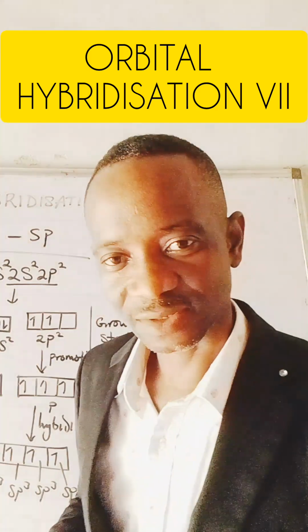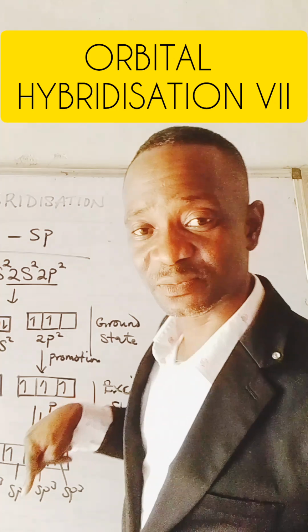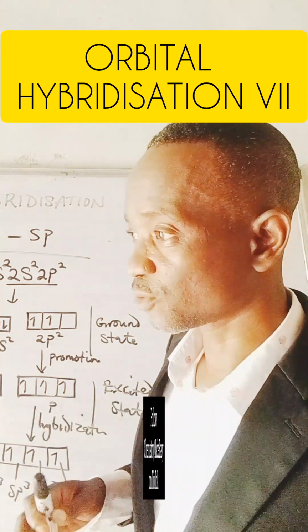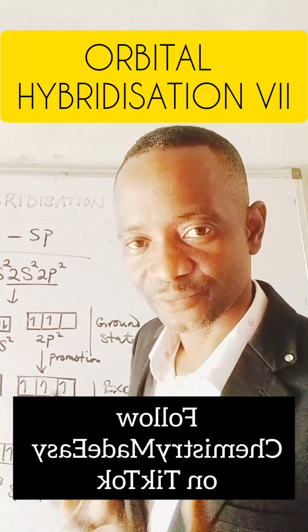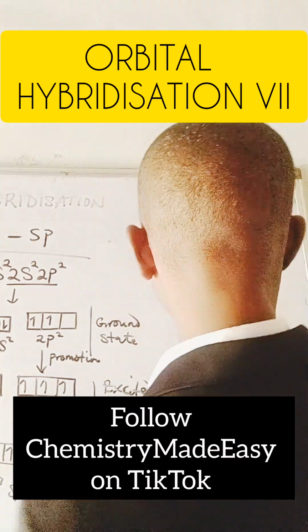Now I'm going to demonstrate how carbon could use its sp3 hybridized orbitals to form 4 sigma bonds. Sigma bonds are single bonds. Now look at how it happens. This is